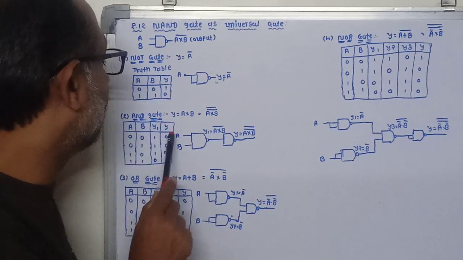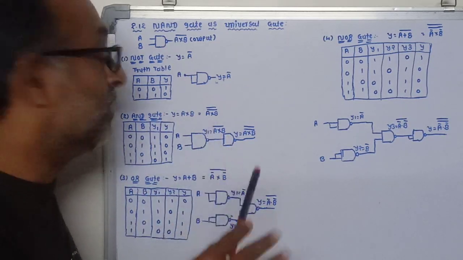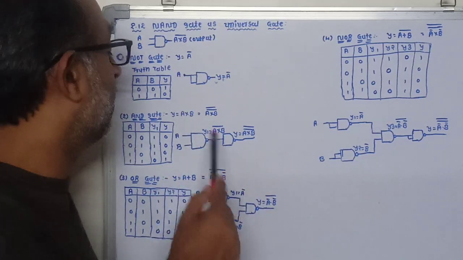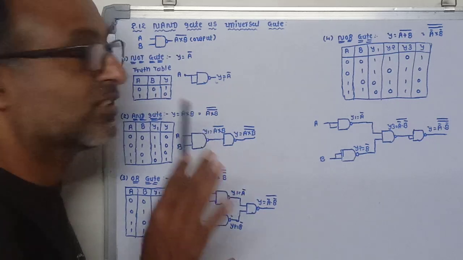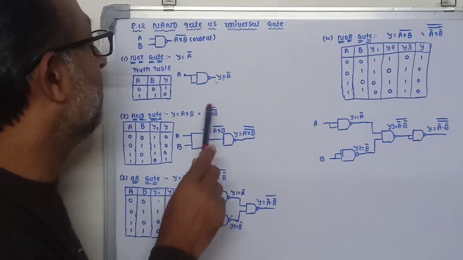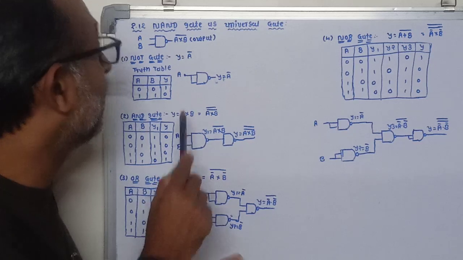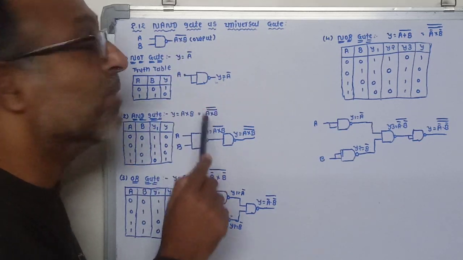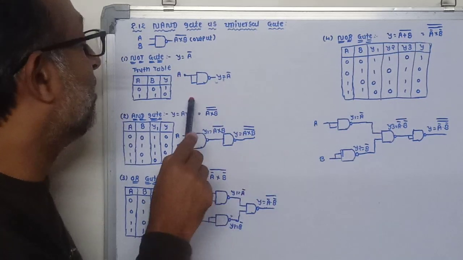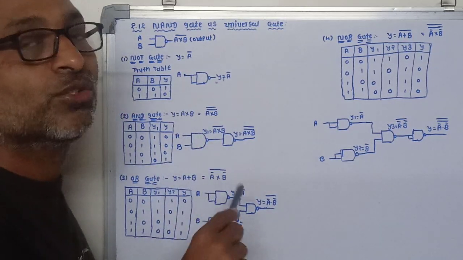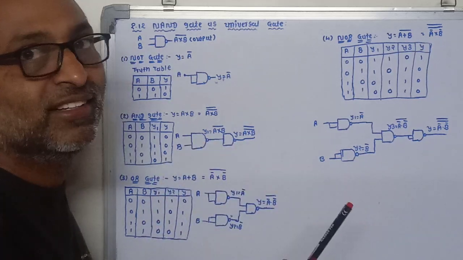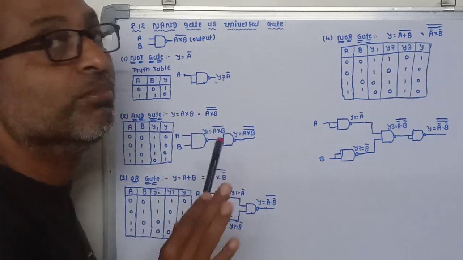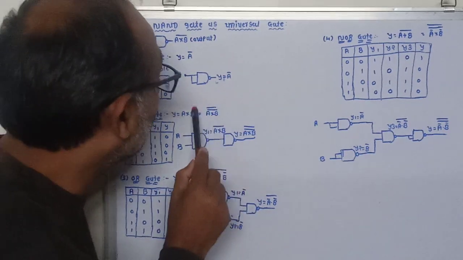Already I told you, the inputs and output for a particular gate remain the same. So here it is A into B, and the mathematical operation is present, so there is no problem. But when we give two inputs to the NAND gate, the output is A into B bar, that means it is complementary. But we require only A into B. So further it can be inverted. Then we will get A into B.